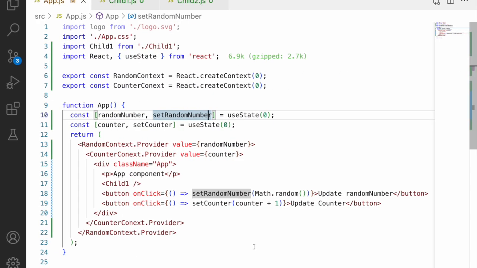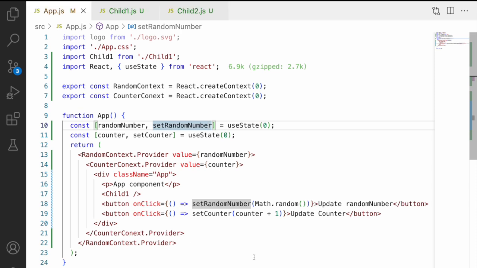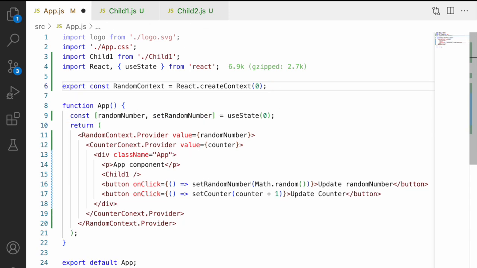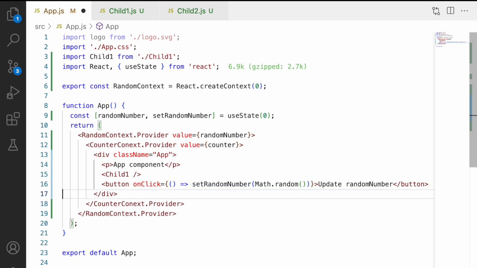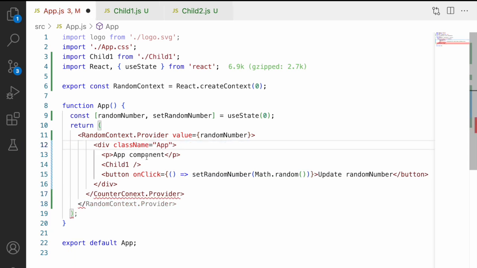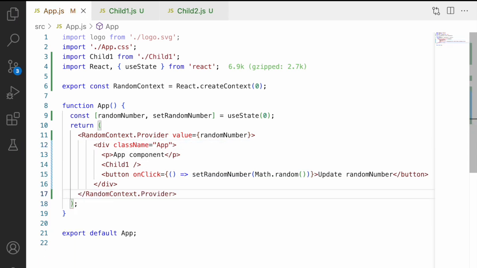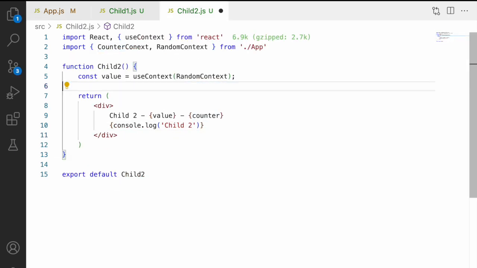This is something like a context API example. I have already explained all about context in my previous video, so please watch that for better understanding. You need to know what exactly the context API is, then only can you understand this example properly. Now to reduce our effort, I'll remove this counter context. We have created multiple contexts, so I'll delete all the unwanted code related to that particular counter context. Let me go here and also remove this counter part.